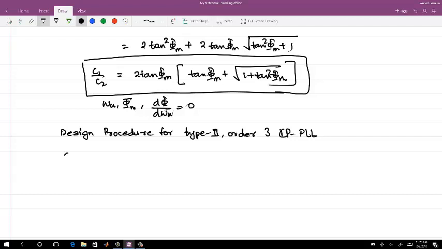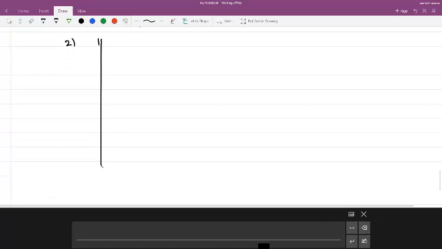First, this is what you have: omega u and phi m, the phase margin requirement. This omega u will later be changed, but right now, what omega u do you want? From this omega u and phi m, you get,